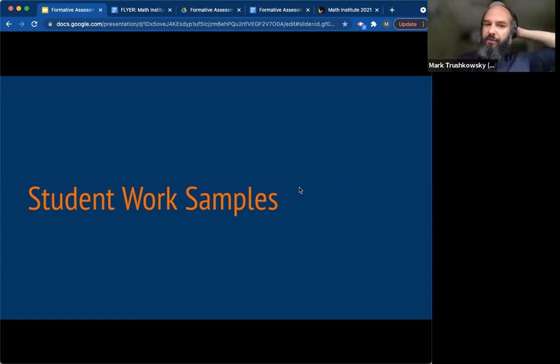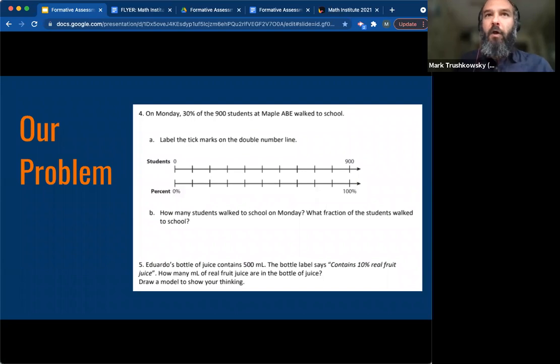So for the bulk of our session, we're going to focus on samples of student thinking, and in particular, two of the problems that we looked at this morning in our breakout groups with Liz. I'm going to give you a minute to look over them and get them back into your mind. You might also think about what you would anticipate to see in student work, like how students might approach it. I know in my group, we didn't get to question 5, the one about Eduardo's bottle